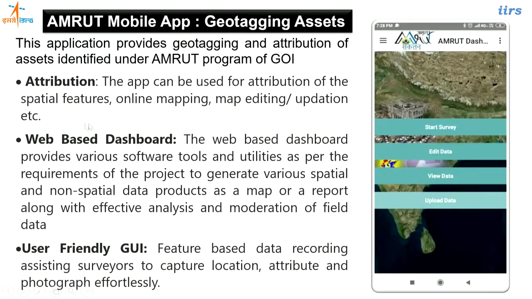There was one web based dashboard also developed for it. Like in the mobile, on the ground I have the mobile phone, but at the server end I need one dashboard where I have all the information collected from the field in real time. So there was a user friendly GUI also developed for it, for recording the data, assisting the surveyor to capture location attributes and photographs effortlessly.